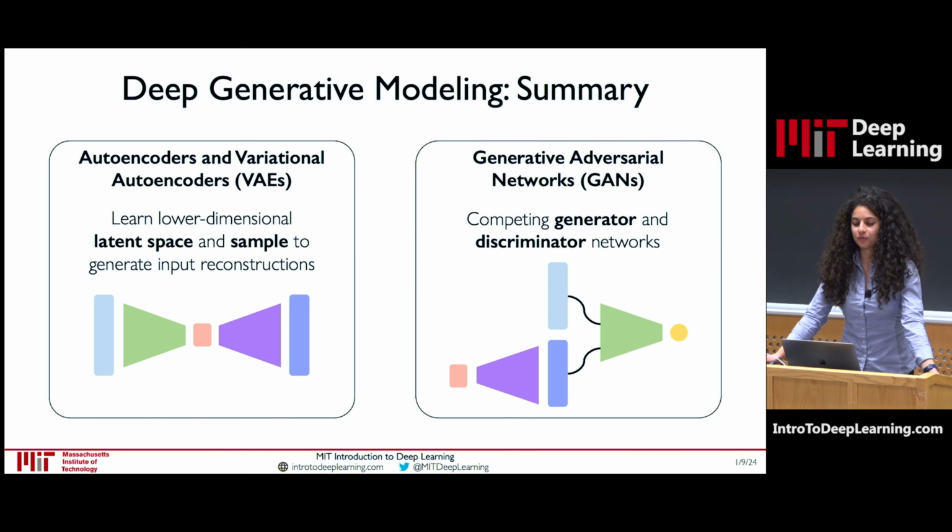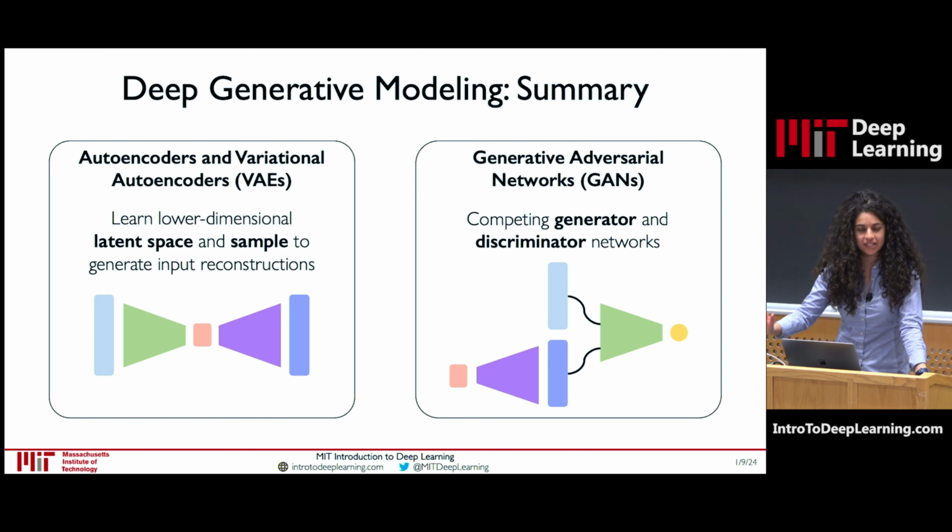So today we've talked about these two classes of deep generative models, specifically focusing on latent variable models that can learn these lower dimensional representations and encodings of the data, and then this concept of putting these adversarial networks together to now be able to generate new data instances. So VAEs and GANs are really kind of the two deep learning frameworks that brought generative modeling and generative AI kind of to life a few years back. And since then, right, the field has